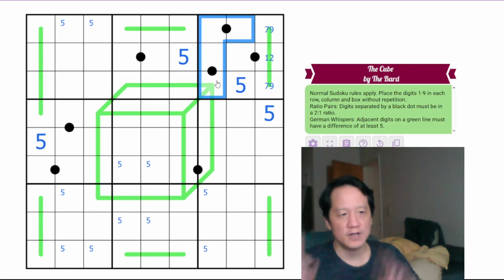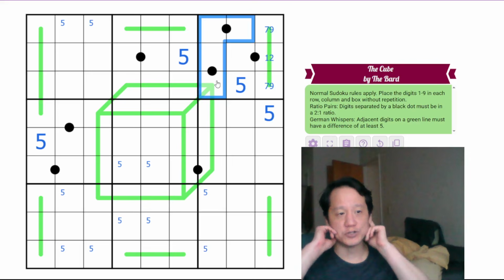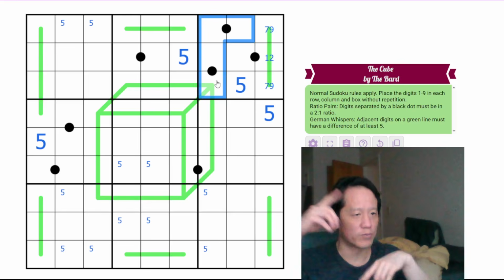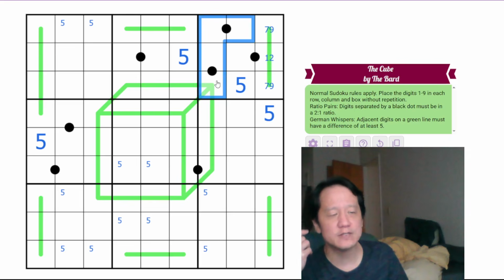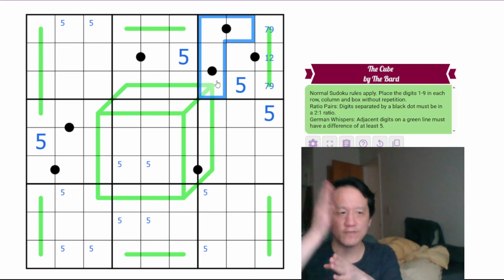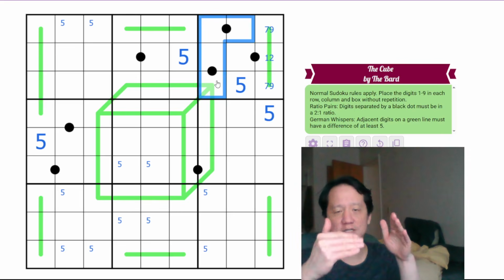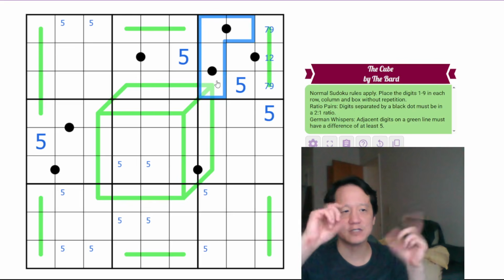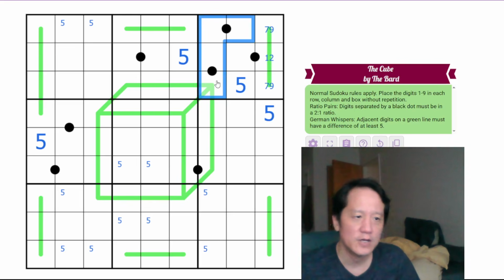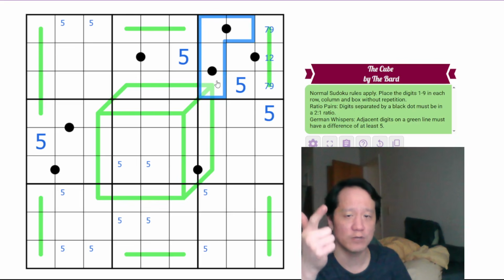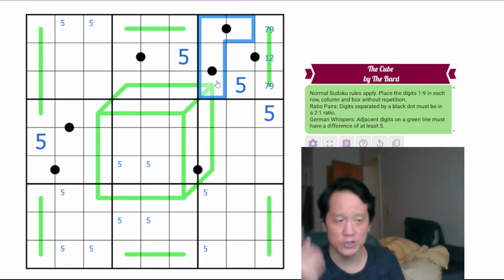anytime you have 6 unique digits in a 1 to 2 ratio with each other, all in the same row or box, that means you have to divide up into 1 and 2 as a pair, 4 and 8 as a pair, and 3 and 6 as a pair, right? Because 8 can only be in a 1 to 2 ratio with 4, 1 can only be in a 1 to 2 ratio with 2, and 3 and 6 has to be in a 1 to 2 ratio with each other. And since all six cells in a box or a row or a column are all used, that means